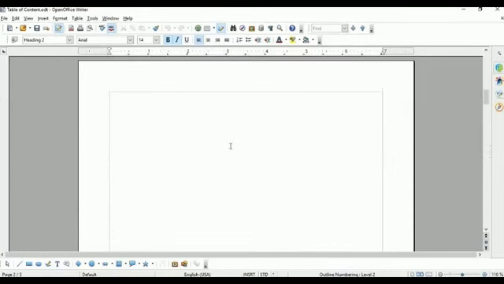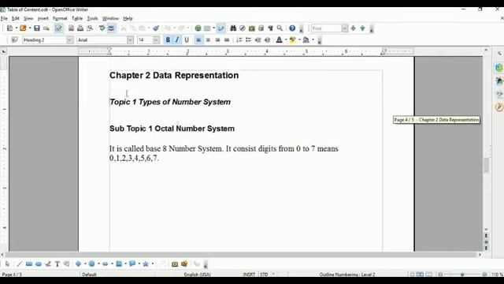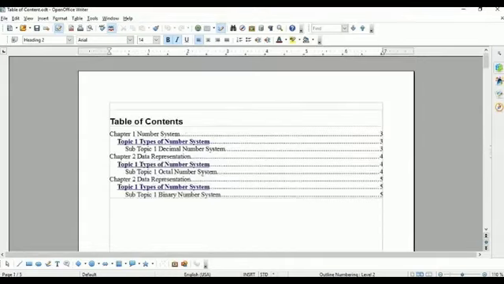So if you want to go to chapter 2, press the control key on the keyboard, the cursor changes to a hand symbol, click on this, and you will get chapter 2, meaning page number 4. Suppose you want to go to the last page, again you have to press control and then click on this.